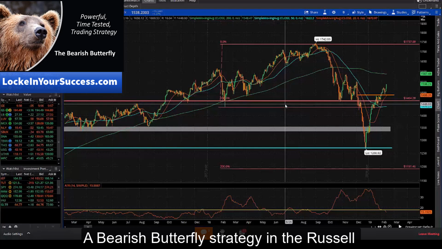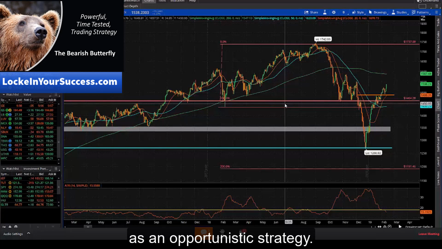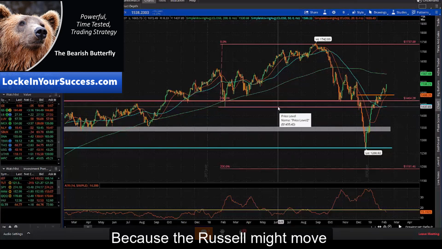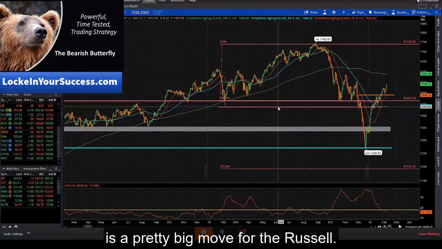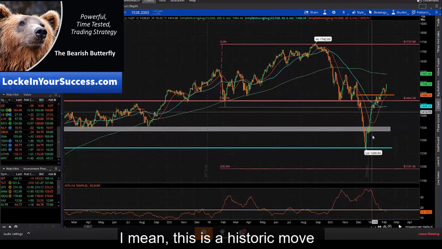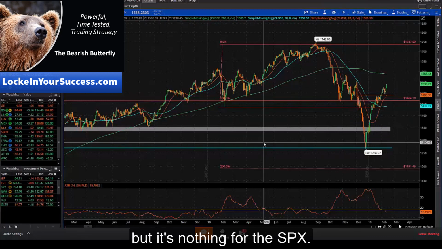Bearish butterfly strategy in the Russell, you can do the strategy, but you would want to do it as an opportunistic strategy, because the Russell might move 100 points up. 100, 120 points up is a pretty big move for the Russell. I mean, this is a historic move. We've never seen one this big, but that's a pretty big move for the Russell, but it's nothing for the